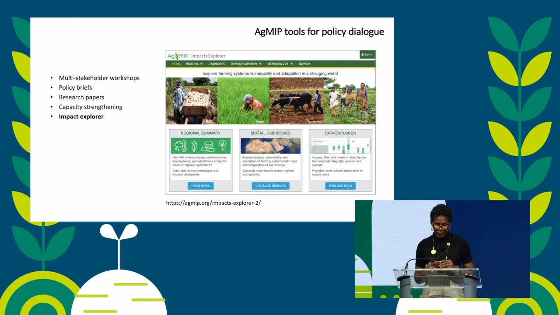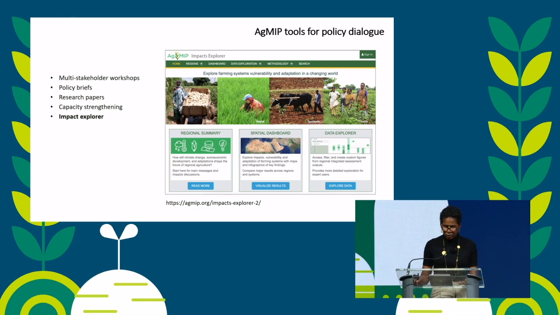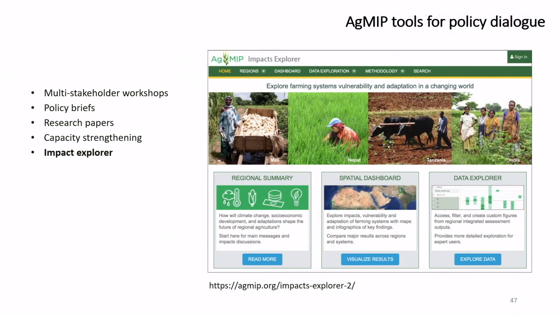And this tool is really able to convey great science in a simple manner to decision makers. I will finish with this. Using this tool and all the other more conventional participatory engagement tools,